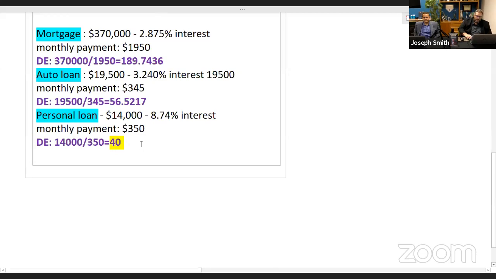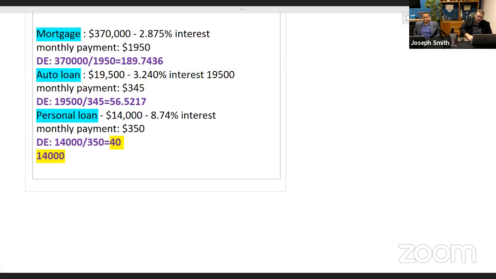Mm-hmm. So let's see how long it's going to take to eliminate this loan. So what we would do here is we'd go to our 14,000, right? And we would divide that by our $2,110. And this is going to tell us how many months it'll take to pay this off. 6.631. So since we don't deal with 6.6351 months, we're just going to say that this is going to take 7